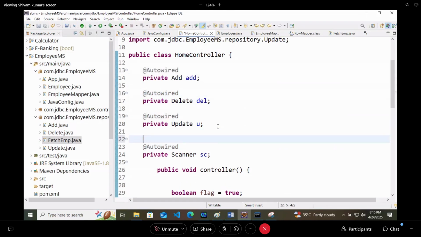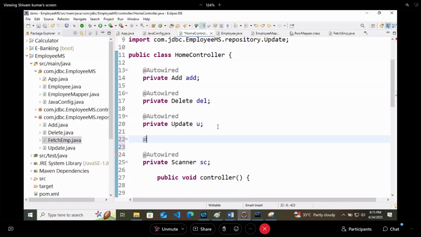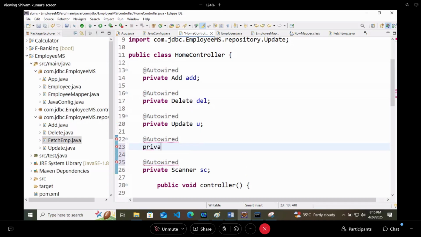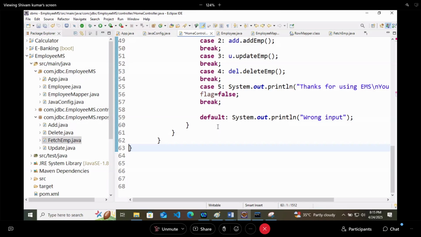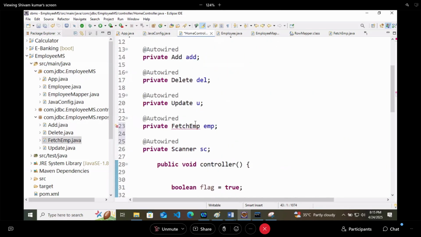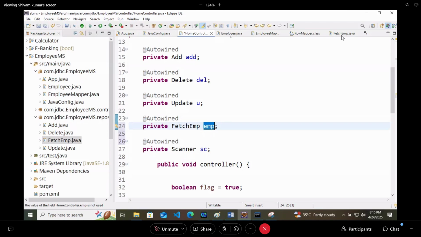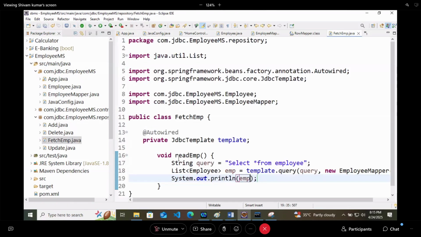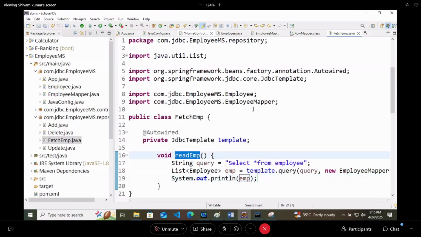In the same way, I will have an autowired connection for private FetchEMP, and you can import it. On case 1, I will call the EMP dot read employee method. So let's try to do it.